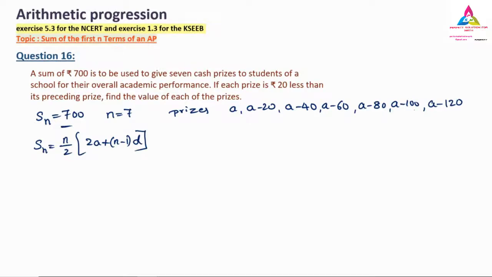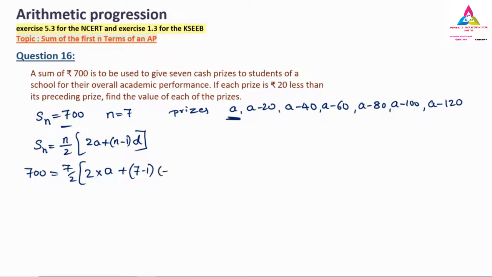Okay. So now the continuation part. The n value we know, the S7, the n value is 7. You can write down 7, or directly 700 also you can write down here. So the Sn value is already given as what? 700. Yes. So again, no need to get confused. So directly I will write 700. The n value is 7, divided by 2, into what is the first term? So what is the first term over here? That is nothing but a only. Write down a. So plus n value 7 minus 1 into d.